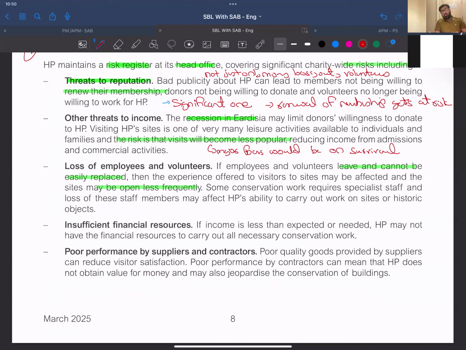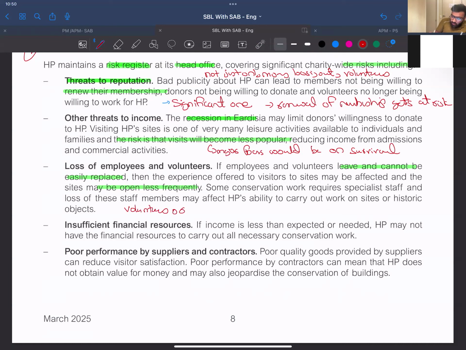The sites might be visited because of the volunteers, as your volunteers are the ones who promote and provide you free services. So if this stops, it would automatically reduce the visitors, right? If volunteers